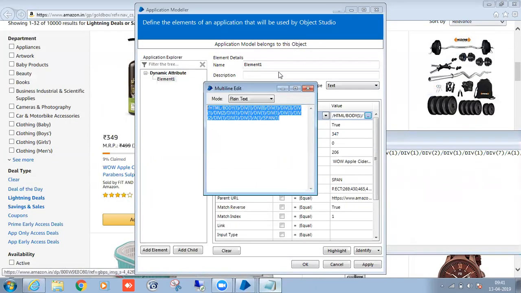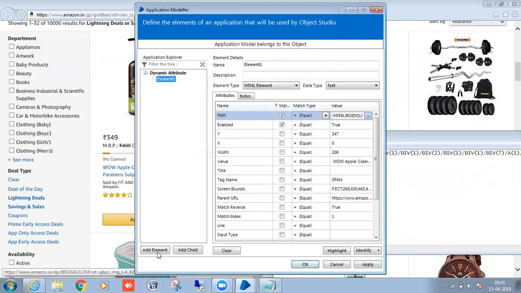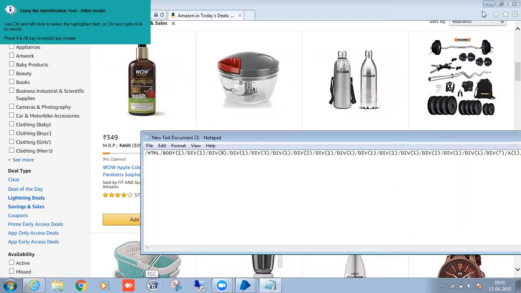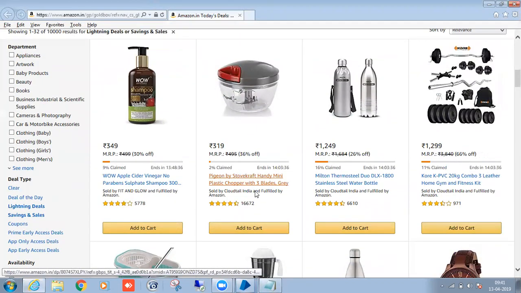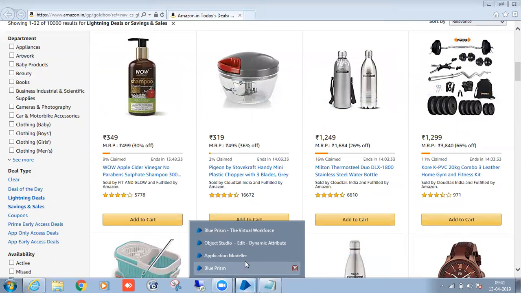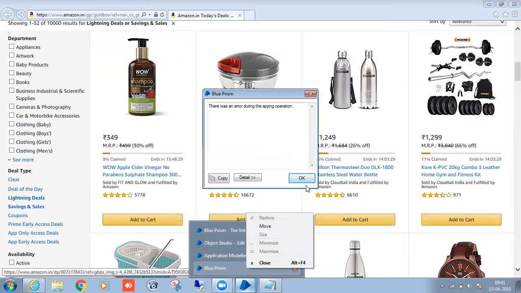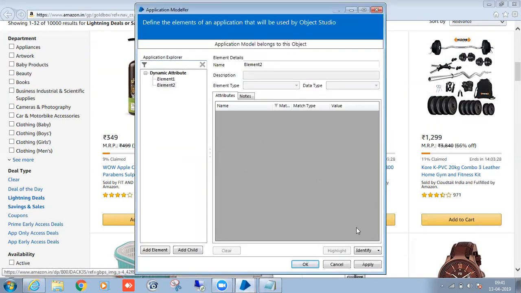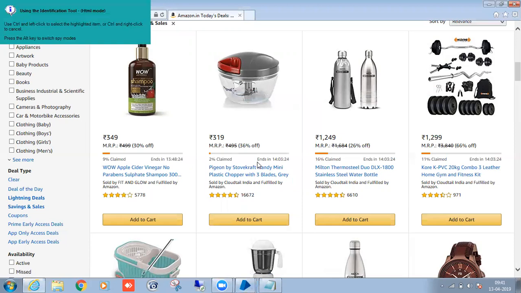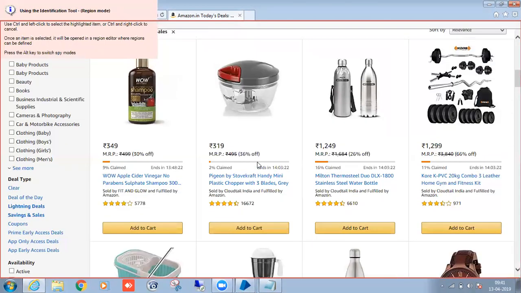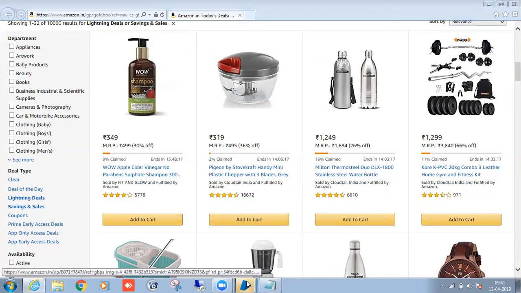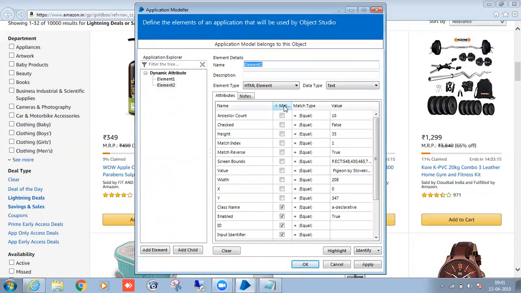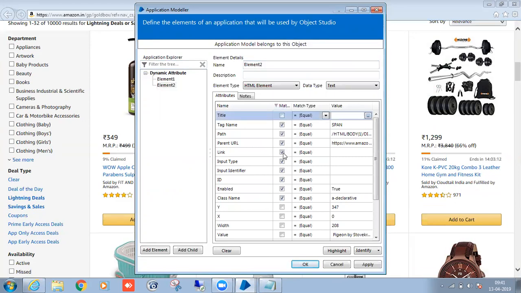So I will take the second element. This is my second element.